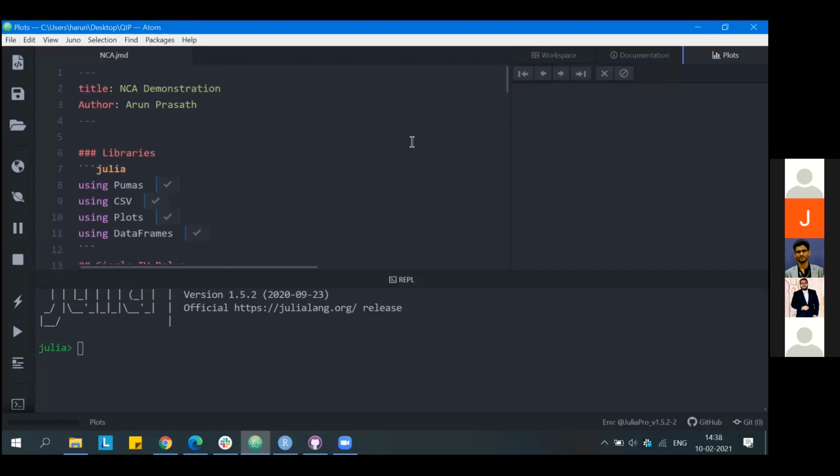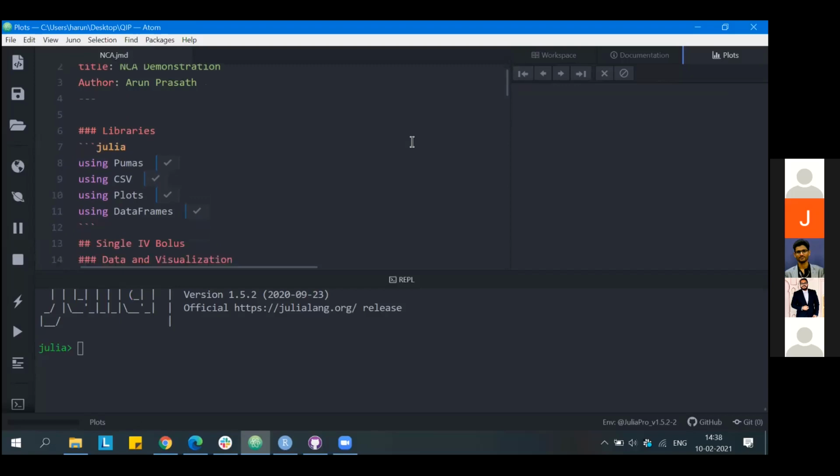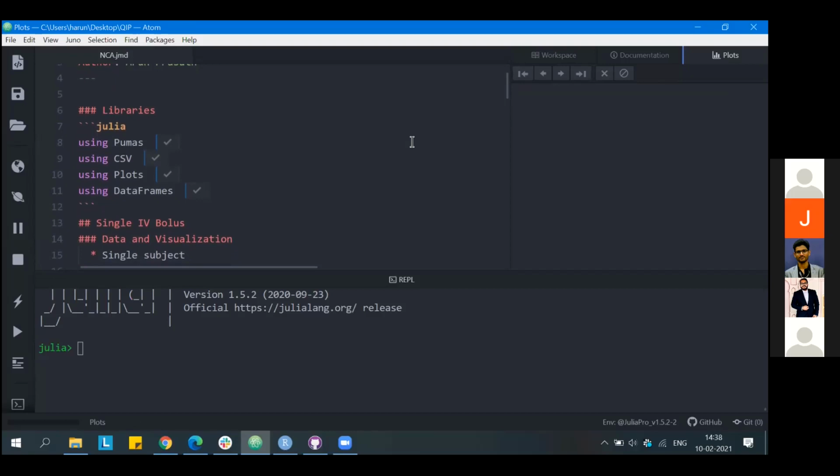To begin with, I think you would have received the data files, as well as the JL file, that is the Julia language file, which contains all of the code. To begin with the analysis, as I mentioned, we have the Pumas package, which performs all of the analysis. Since this is a virtual setup, I'm not sure whether you are able to follow along with me or not. So feel free to stop me anywhere so that we can make sure that everyone is able to execute the code properly and is on the same page.